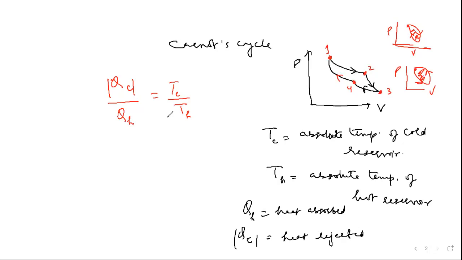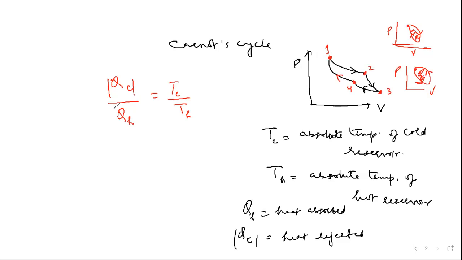So I can discard this absolute value notation. I write it just QC, right? And then I have to remember if it is negative, heat is rejected, and if it is positive, then heat is absorbed. So we discard the absolute value notation, but we keep in mind that in the process,